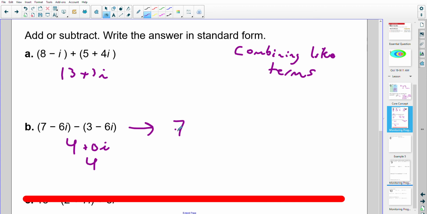A good idea on these types of problems, because I see so many mistakes, is to distribute that negative through first and then combine like terms, which gets you back